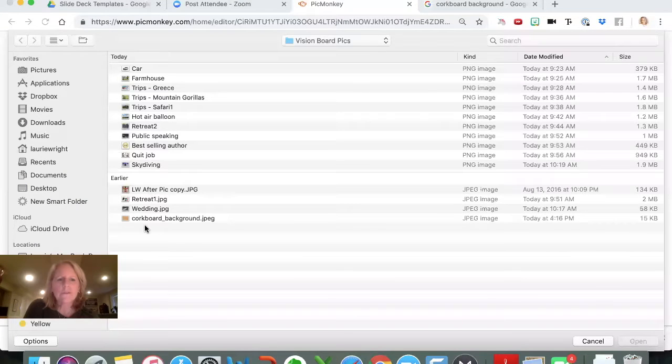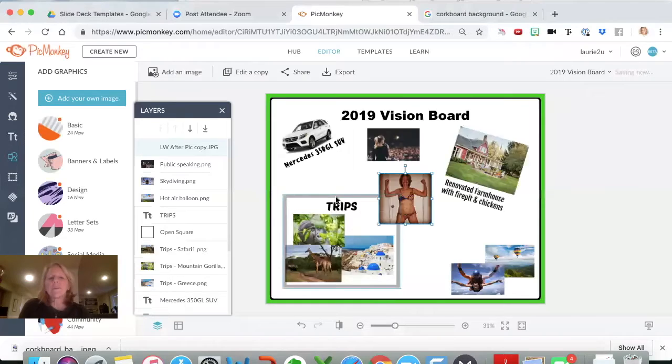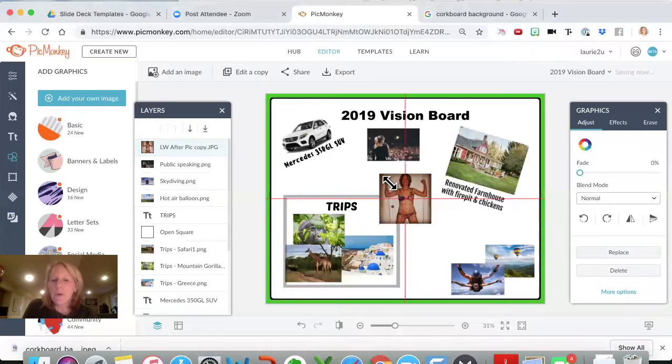All right, so, oh yes, this is one. So this was me when I was in super great shape. I'm trying to think when this was taken. Maybe 4 years ago.